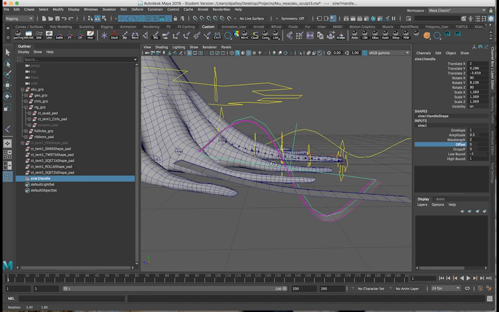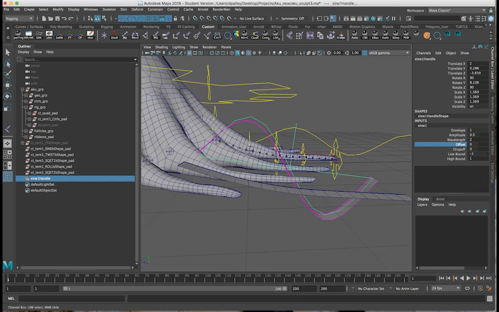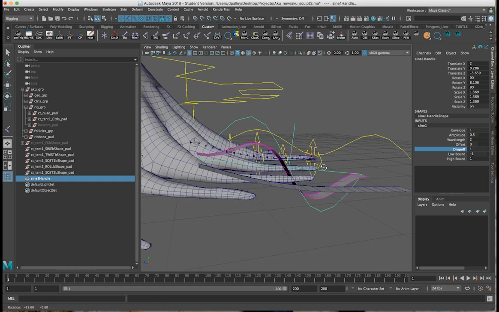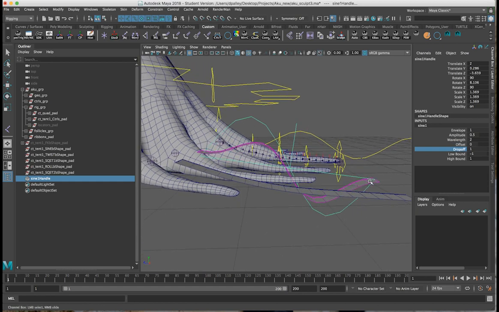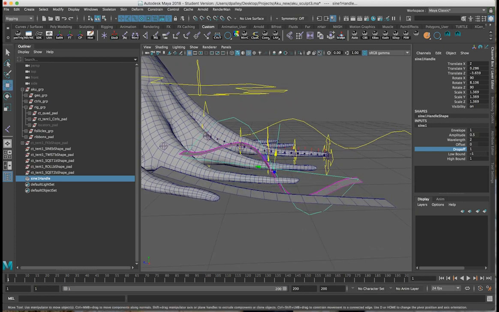So now that we got the deformer in there, we need to actually start adjusting some values so that this actually looks right. So the first thing to note is we want this part of the geometry to stay put where it is, the rest of it to move. The way you do that is up the drop-off. Now, one problem is you notice it does it for both ends. We don't get the drop-off on just one side. So, the easiest thing to do here